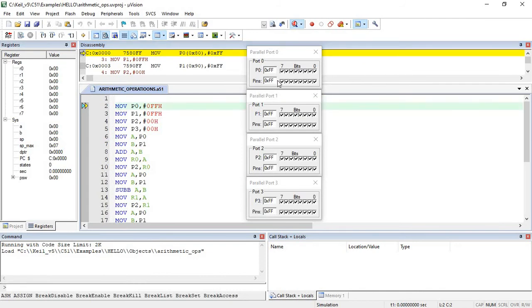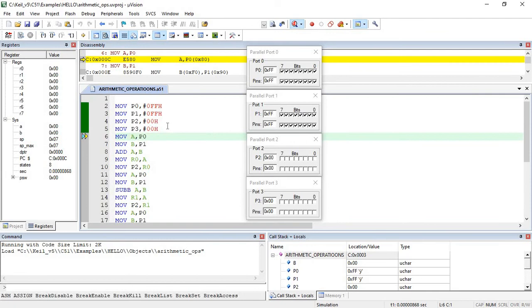Here you can see that initially all the ports are assigned with FFH value. This means that 8051 defaults all the ports as inputs before we assign the specific port. Now let's start the debugging. Place the cursor at the first line and press F11 for step debug. See, after the execution of these 4 lines, the ports P2 and P3 are assigned with 0x00, that is, they